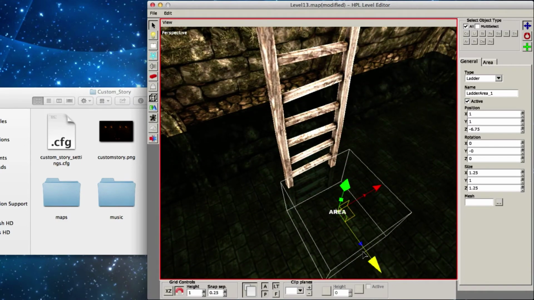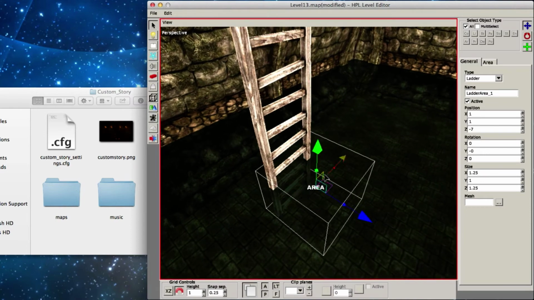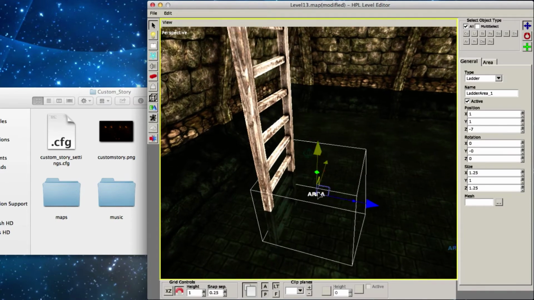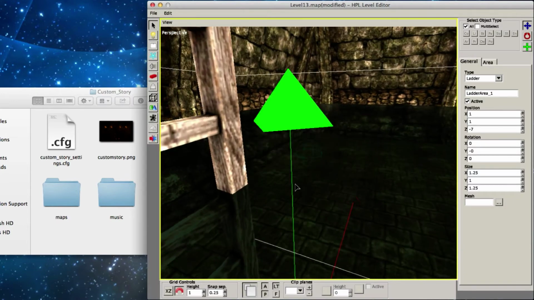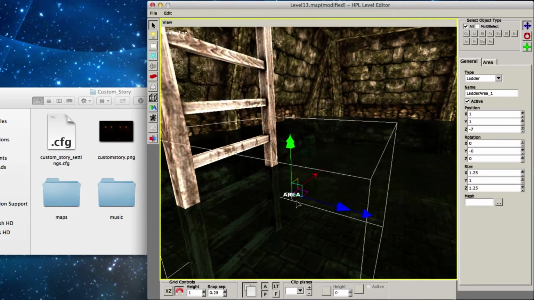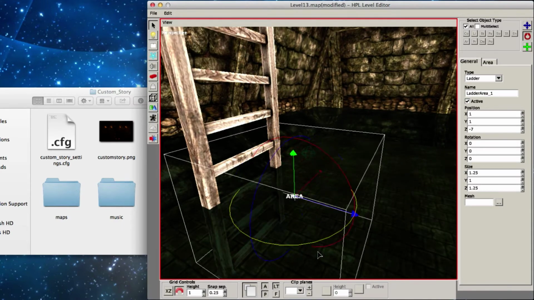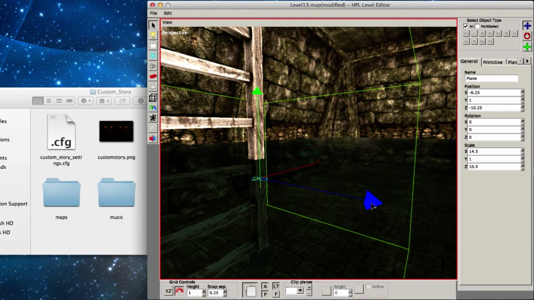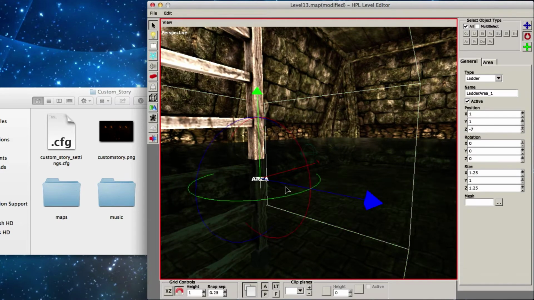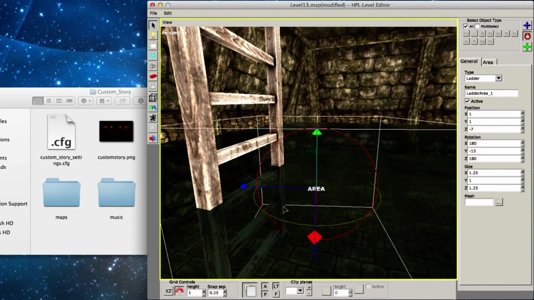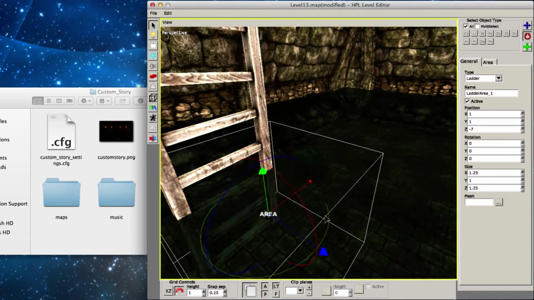You don't want it to be in the ladder, because the middle of this is the point where you're actually stuck to along the green arrow, this one. So also make sure that you rotate this so that the blue arrow that is pointing here is pointing away from the ladder, because you'll be facing the opposite direction of the blue arrow. If the blue arrow turns that way, you'll be looking the other way when you're climbing up, and that looks weird. So make sure the blue arrow is pointing away.